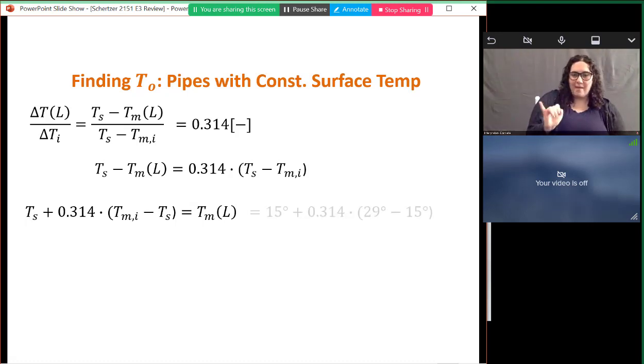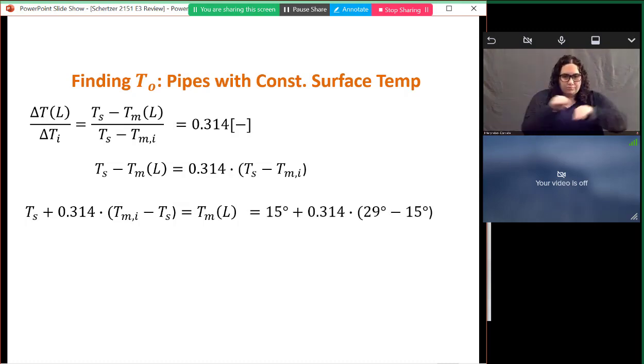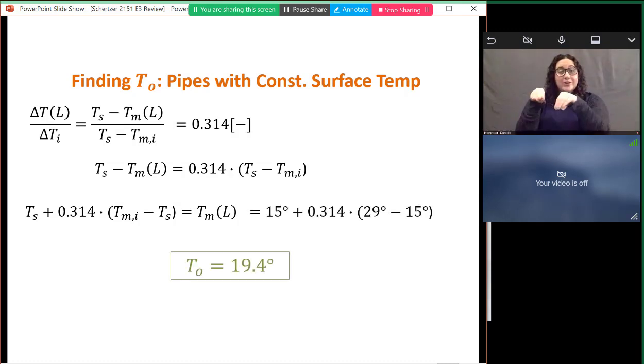Right? So here as I'm working this out, now I can put values in. And I see that I get an exit temperature, an outlet temperature of 19.4 degrees. So that kind of makes sense, right? Because we pulled hot air in at something like 29 degrees, right on the slide, and we said that we're keeping the air temperature in the house at 23 degrees. So it makes sense that the cold air coming into the house is less than the average temperature in the house. So again, I don't know that this answer is right, but I feel pretty good about it.